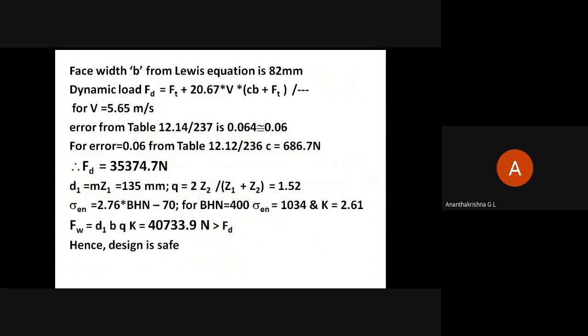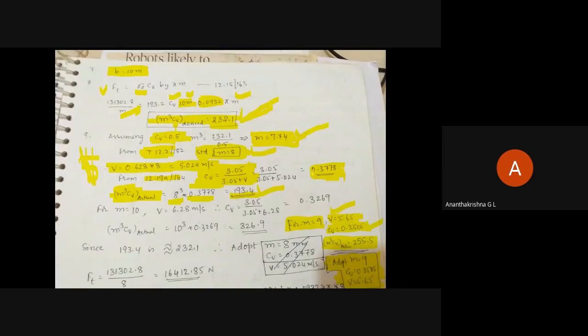Next is dynamic load. There are 2 more steps to find the dynamic load and wear load. I think we will take that up on Saturday. My advice to all of you: please go through the design procedure, and whatever we have done so far, please go through it before you come for the next class. We'll complete that problem and then go to the second problem. So up to module, if you do, you will get 10 out of 20 marks. That is done over there. Okay. So by Saturday,